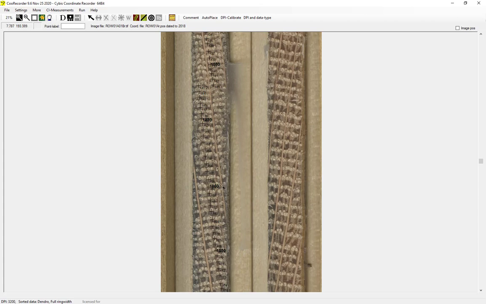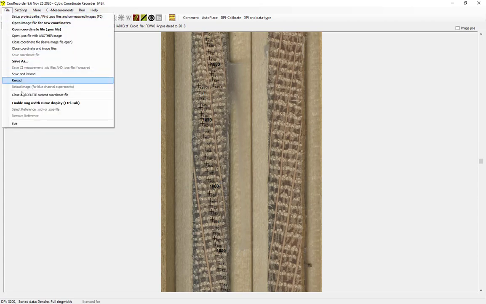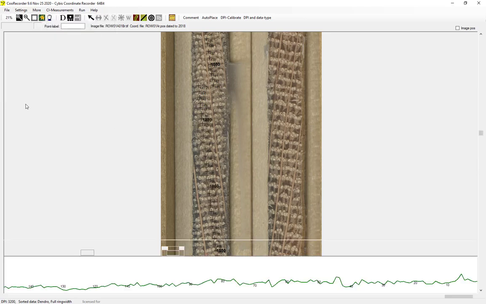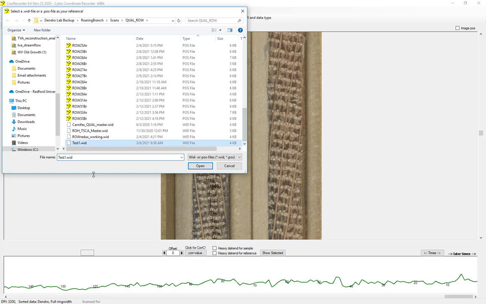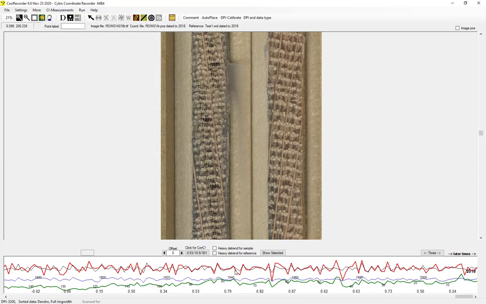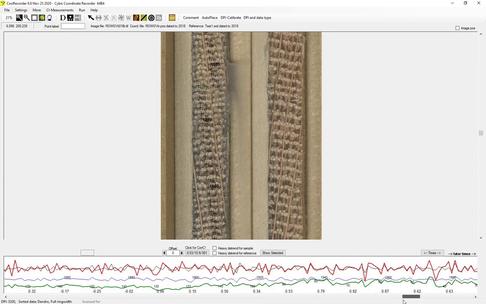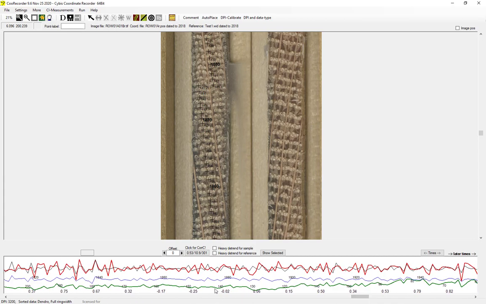Turns out these trees are pretty complacent, growing very similar from year to year, and the dating is poor in this area. We could compare it pretty quickly to the reference chronology by enabling the ring width curve display and choosing our .wid file as the reference. And this will allow you to also have a good visual, as well as look at the correlation coefficients down in this bottom line with those segments of overlap. Now these segments of overlap here are 20-year segments, but you can change that too in some of your settings.